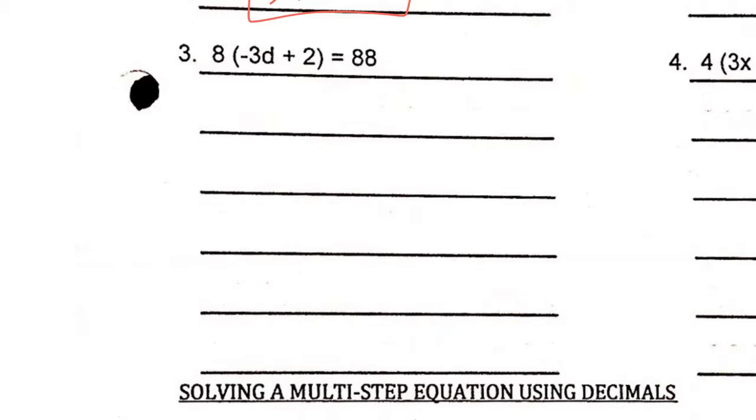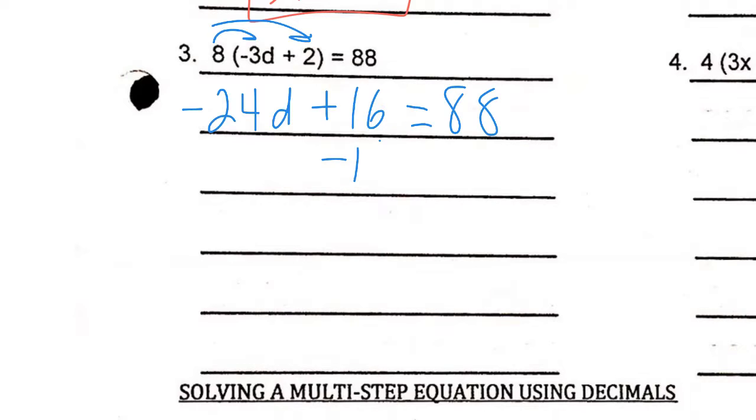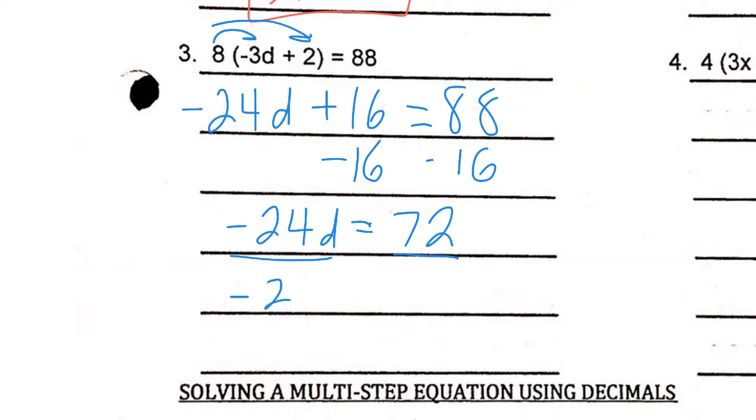Alrighty, so if you had gone through and tried these ones, you should have first distributed. So you got negative 24d plus 16 is equal to 88. You should have subtracted 16 from both sides to get negative 24d is equal to 72. You would have divided both sides by negative 24. And you would have gotten d is equal to negative 3. For number 4,